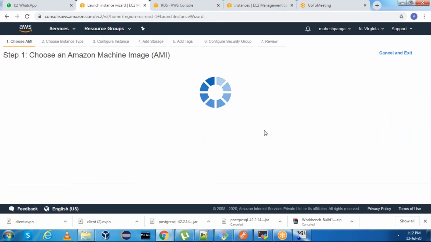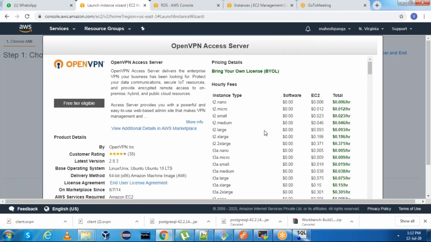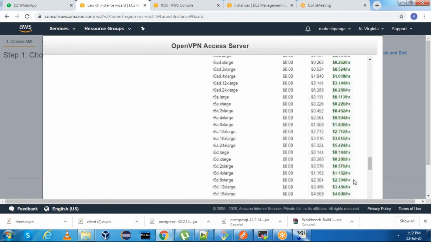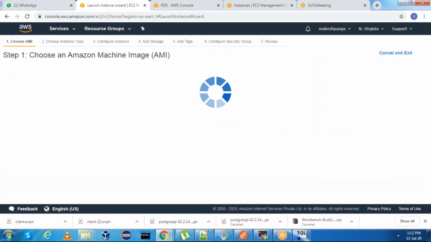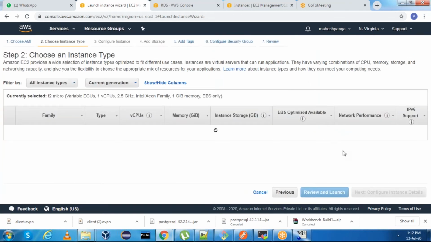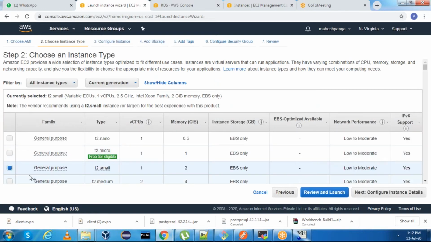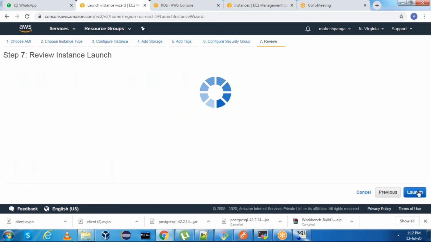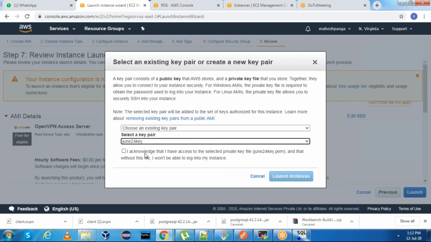Select this one, scroll down and say continue, and then it is showing t2.small. You can continue with t2.small, and review and launch. This is the key pair.